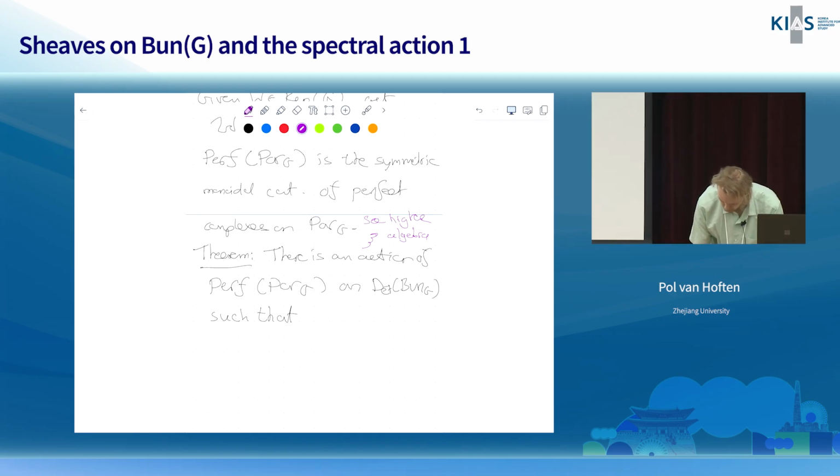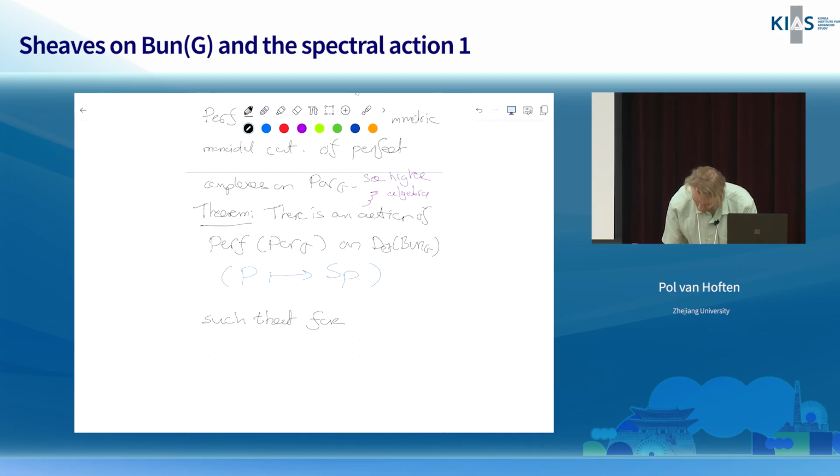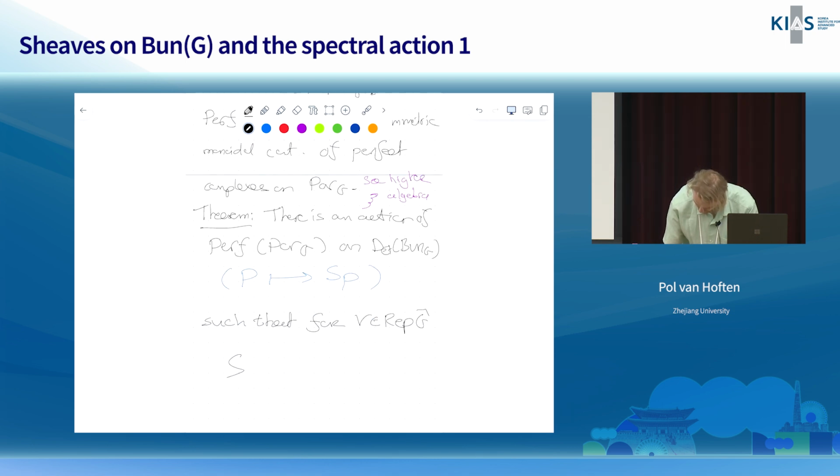So such that, here I'll say a perfect complex P goes to an endofunctor, let me call it S_P, such that for one of these representations of G hat, if I look at S of this, okay, I guess I call it W, so S of curly W. Curly W is a perfect complex, so I can form this endofunctor, and that